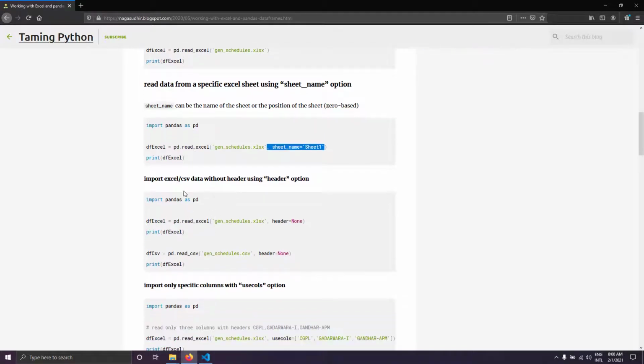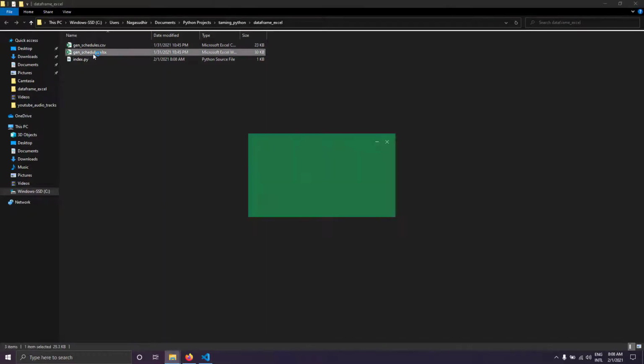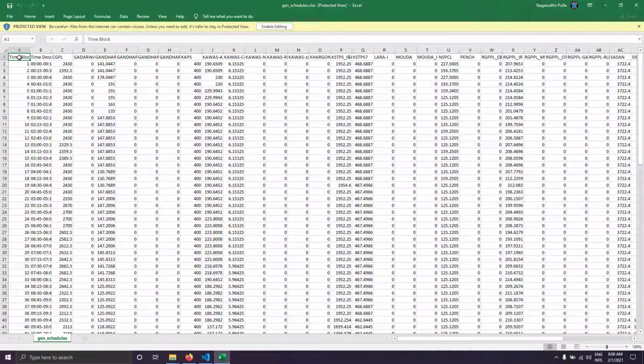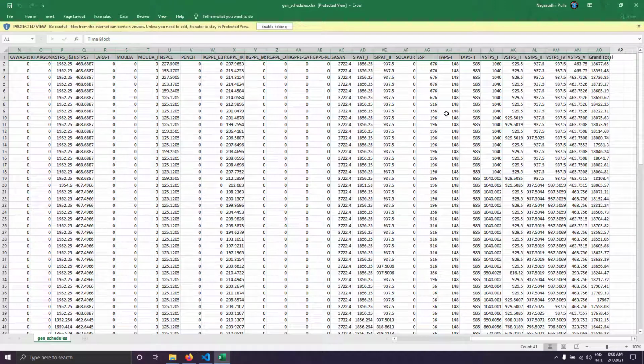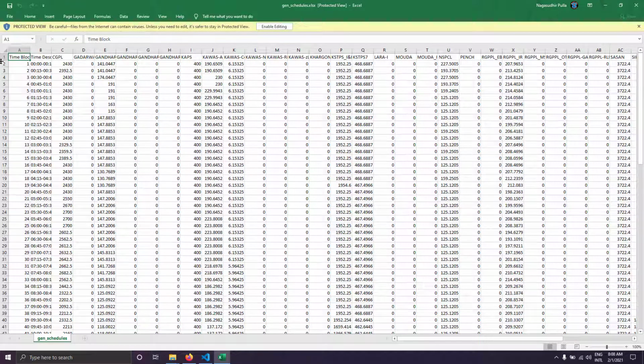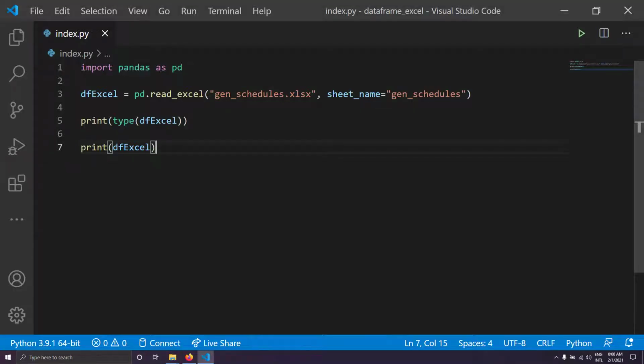And then one more thing is header equal to none. When I showed you the data frame variable, you can see by default the first row of the excel will be taken as header. This first row will be taken as header by default when you run the read csv or read excel method. But there might be scenarios where your data might not have a header at all. Your data might be starting from this row itself. That means you don't want the first row to be a header. Then how can you tell that to pandas while reading an excel or csv?